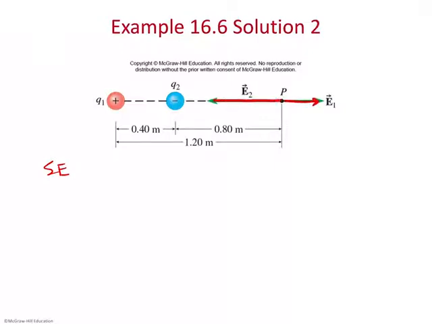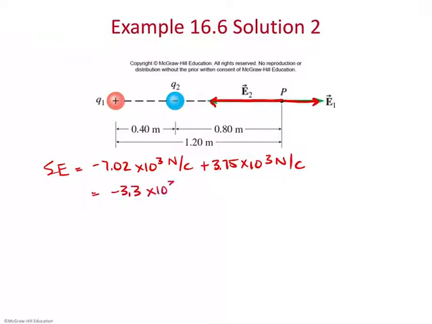Well, here we've got them going in just the x direction, which makes it actually easier, because we can just say negative 7.02 times 10 to the third newtons per coulomb plus 3.75 times 10 to the third newtons per coulomb. And you just get the sum, which is negative 3.3 times 10 to the third newtons per coulomb,